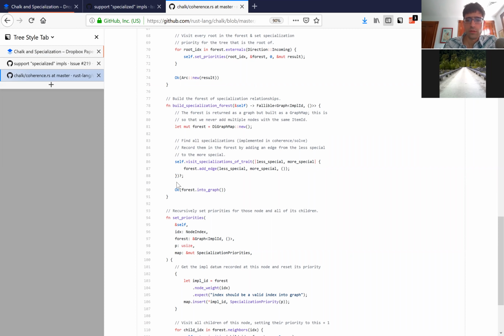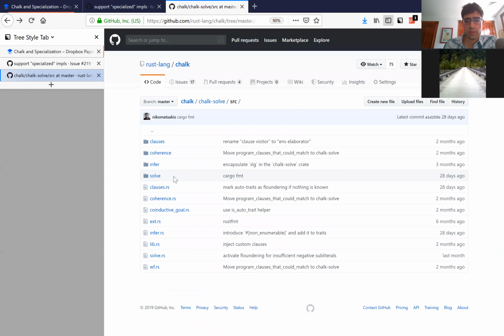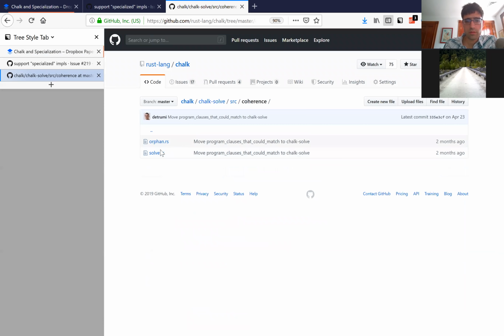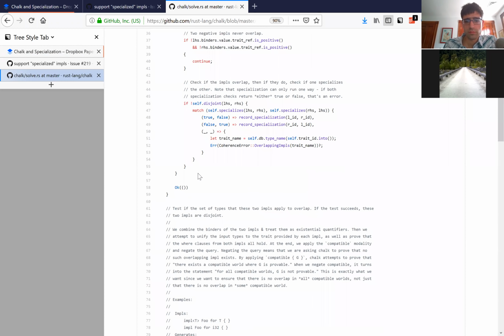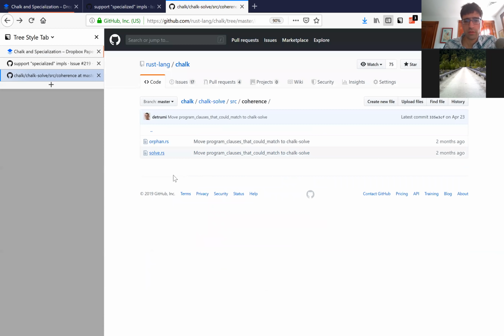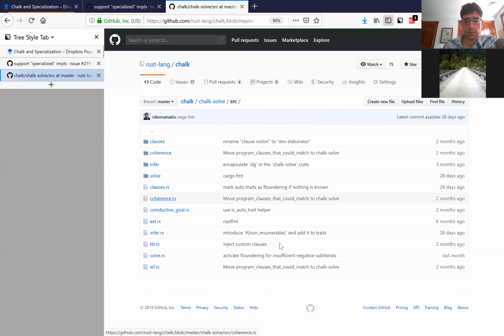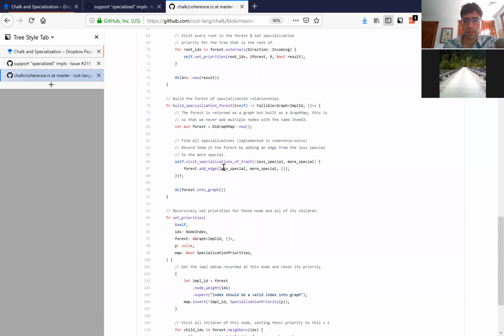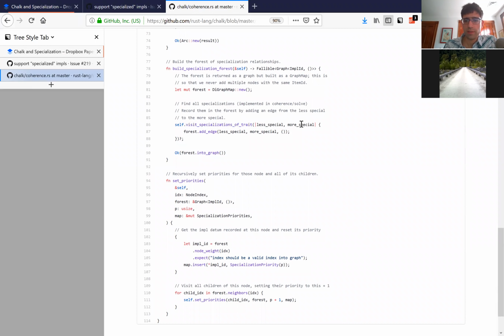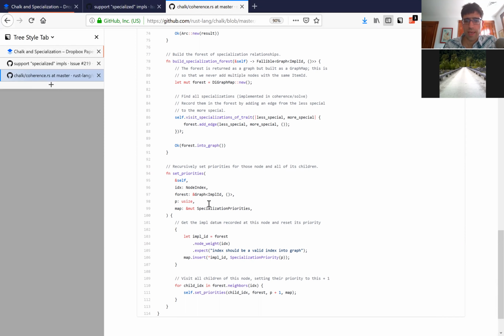I see. So you're not wrong about that. But let's see, where's the... is it here? I guess maybe I should ask, how do we build it then? Yeah, that's what I was going to say. Why don't we just look at the code? It's not that complicated. So when you construct the specialization priorities, it calls this build specialization forest, which calls this method visit specializations of trait. For each one, it gives you basically pairs. And the add edge method,